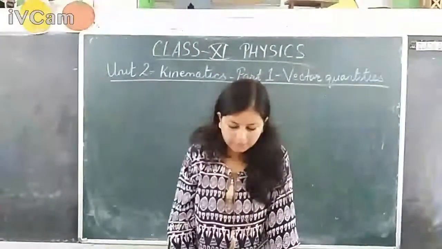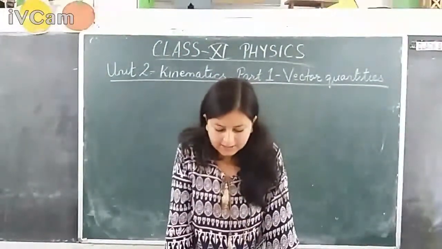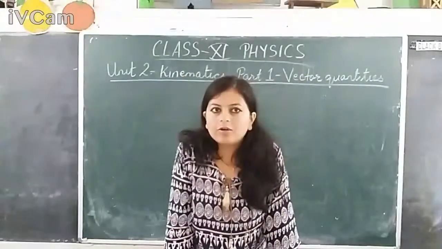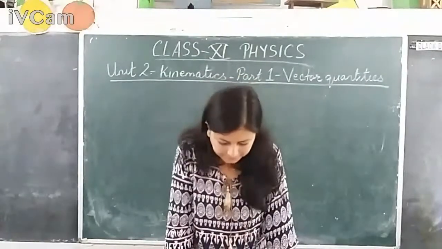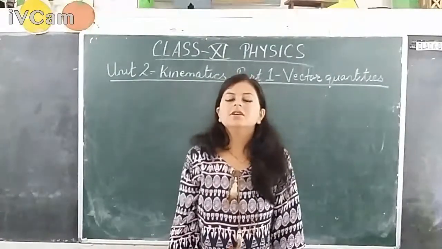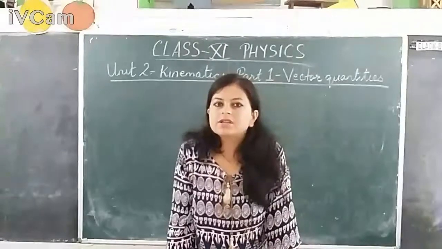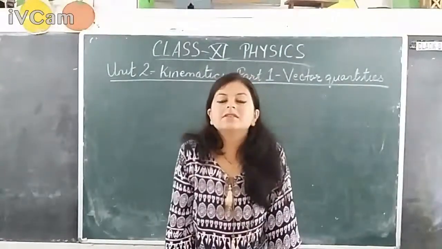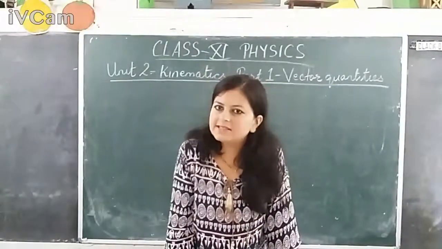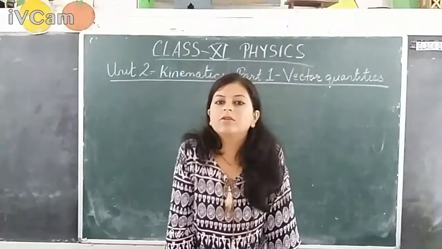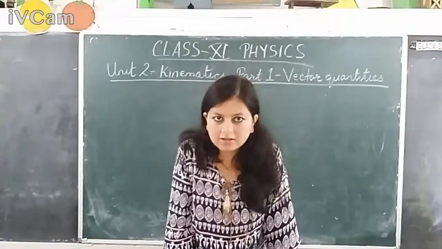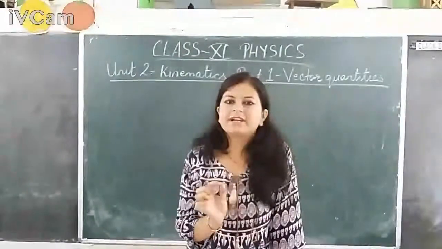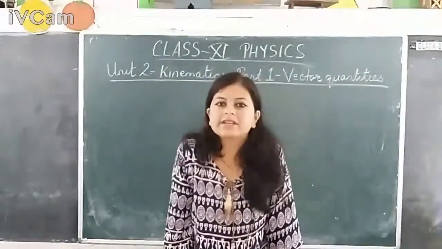And on top of that, vector quantities are the quantities which obey the triangle law of vector addition. We'll come to this later on. So whatever you have learned in your basics in today's class is that vector quantities need magnitude and direction, and they should also obey the triangle law of vector addition. When these three criteria are satisfied, that physical quantity will be called a vector quantity.